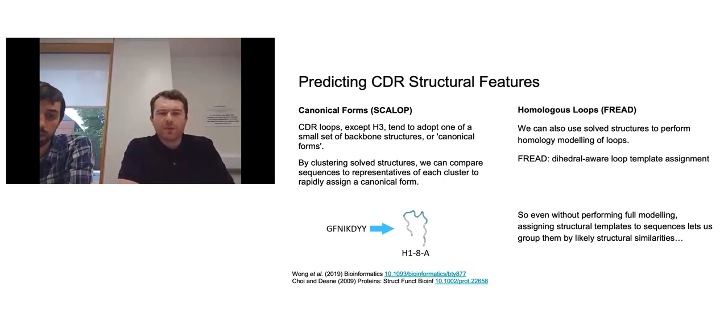The idea behind SCALOP was to say, if we have all of the structural data that we can learn from, we take the structures we have and cluster them in some intelligent way by their structure. Then, looking at those clusters, do they align with canonical forms? Based on the sequences that fall into each of those clusters, can we compare those sequences to the sequences we find in the repertoire to say that this sequence from our repertoire has canonical loops likely to adopt these canonical forms? It turns out that one can do this very reliably, thanks in part to the fact that there's a fairly small number of canonical forms that loops can adopt.